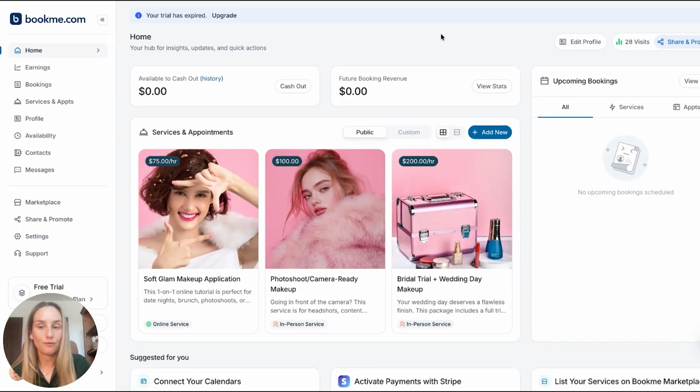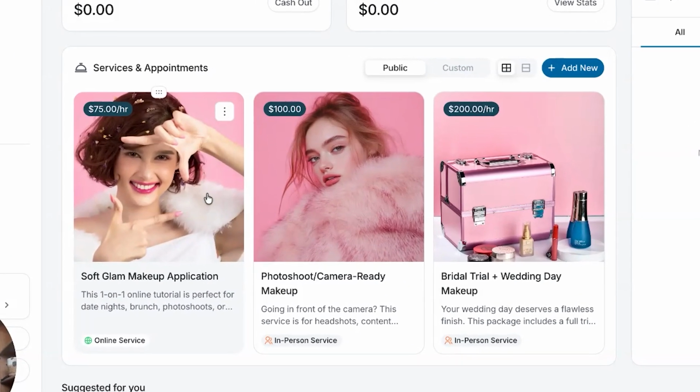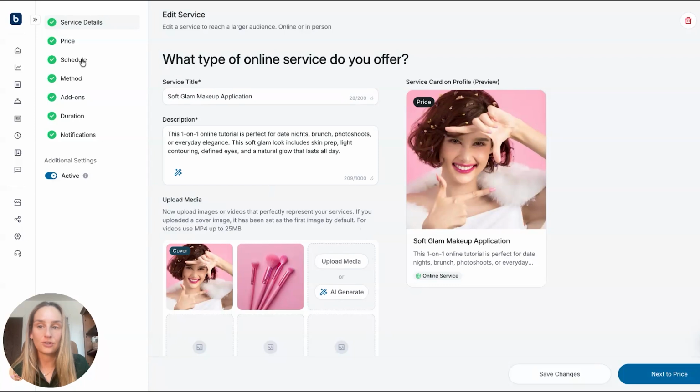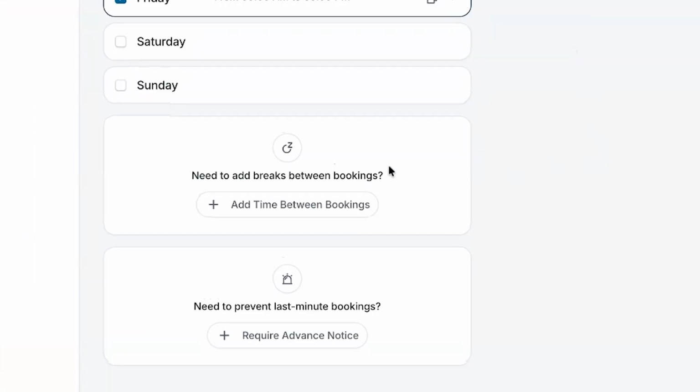Here's how to add time before or after bookings. So you're going to come over to your services and appointments on your Bookme dashboard. On the service that you would like to add time before or after, select the three little dots and click Edit. You'll go to the Schedule tab once you're in that service, scroll down, and where it says Need to